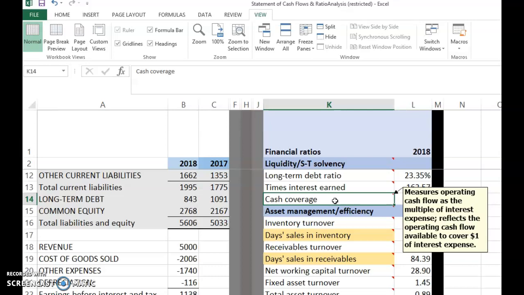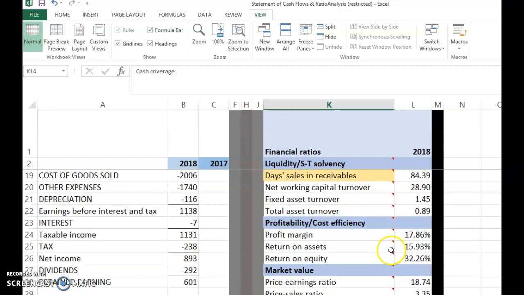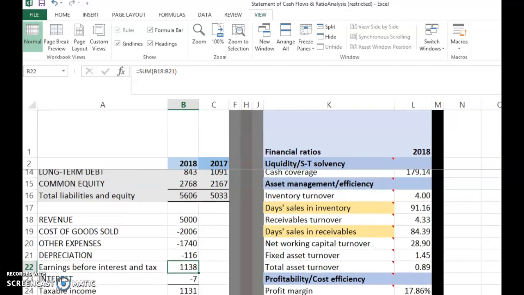So for this, we modify the earnings before interest and tax, because this is an accounting measure. What we do here is add depreciation to earnings before interest and tax, because this earnings figure has deducted depreciation, but depreciation is not a cash expense, so the company would have more cash, and not just this amount of cash. It will have the total of these two as cash flow income. Therefore, we take that and divide by the interest. So we get this answer,